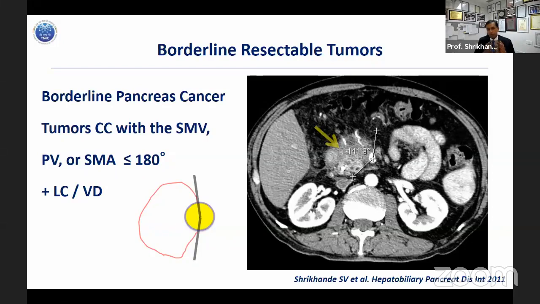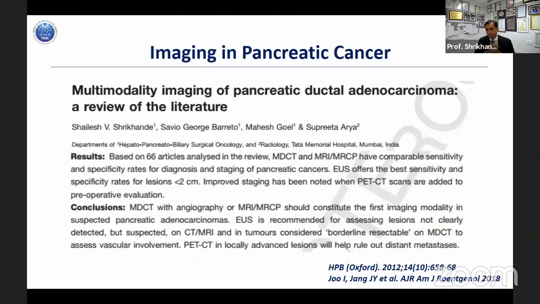So when we speak of any disease which is more than resectable, we must pay attention to the superior mesenteric vein, portal vein, superior mesenteric artery, and as you go to tumors of the pancreatic neck and body, you must also be fully aware of the celiac axis, the associated arterial variations, as well as the disease in contact with the celiac, common hepatic, gastroduodenal. So all these blood vessels with a good triphasic CT scan, you will be able to study.